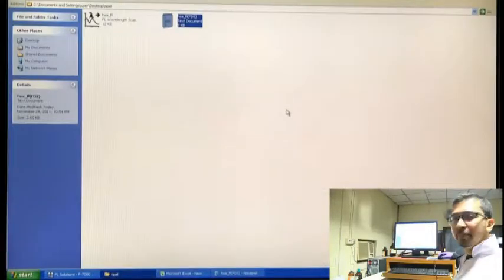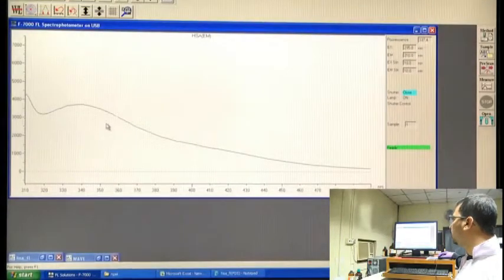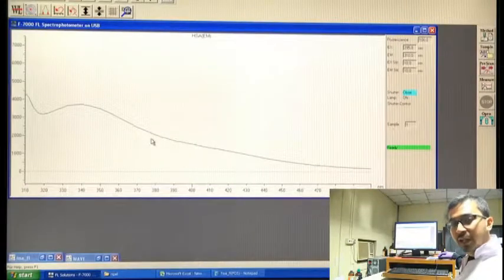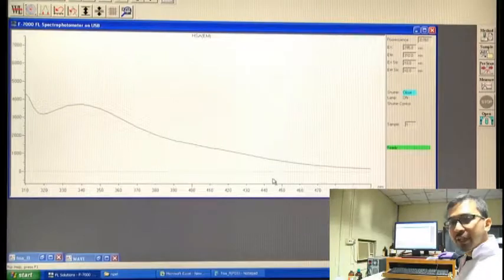So, these are certain simple things which you might be knowing out here, but the basic thing is you have to first see whether you get a proper hump like this one, which indicates you are getting a proper emission spectra. Sometimes you can see that instead of a hump, it comes like a flat type of line. So, in that case you can increase the concentration and proceed with the experiment.